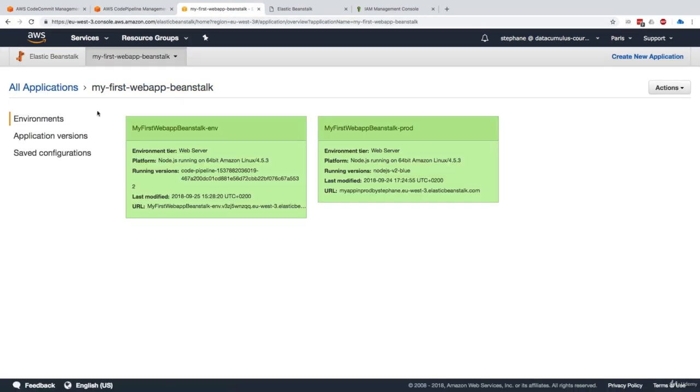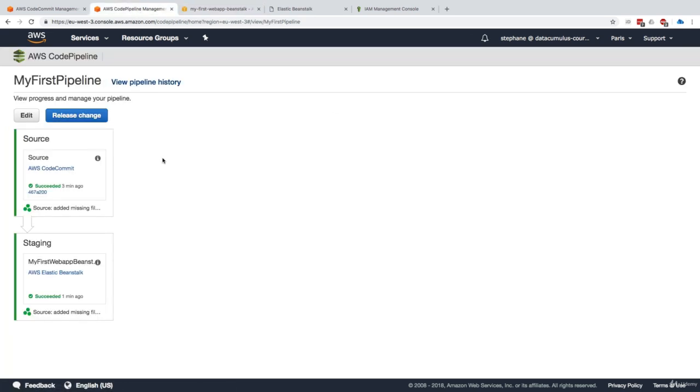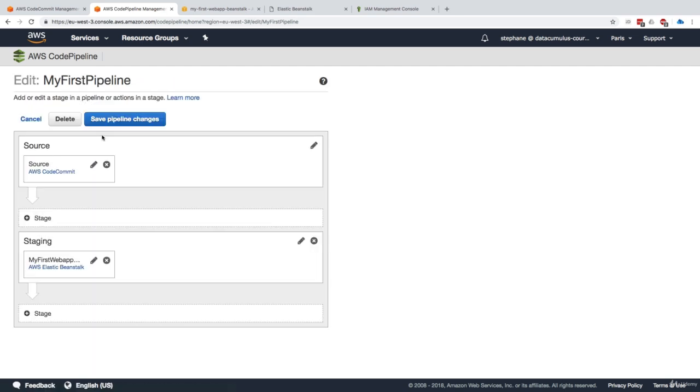Let's just go back to Beanstalk, look at application versions. And now we can see that there is a new version label right here that was created for us by Elastic Beanstalk, and it looks great. The other thing we can do to make things really fun is start adding more changes. So we can go to edit, and now we can see that visually we are able to just change things. So we could add a stage right here. We're really free to do whatever we want.